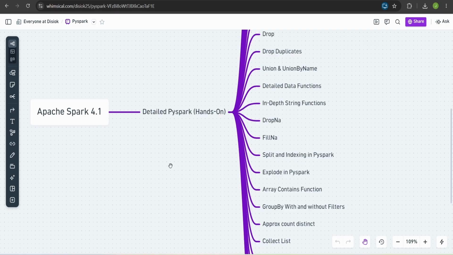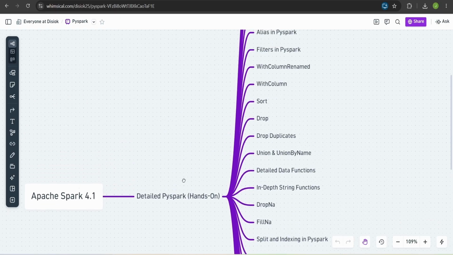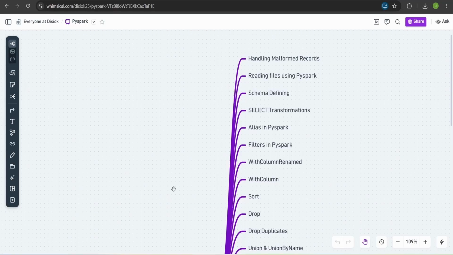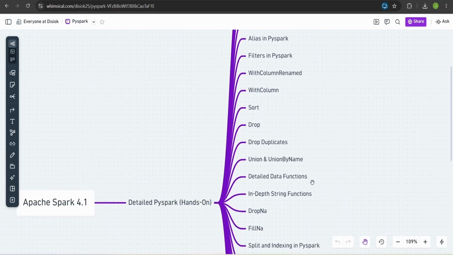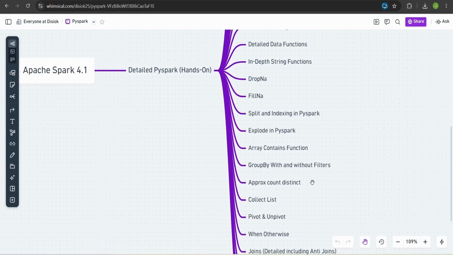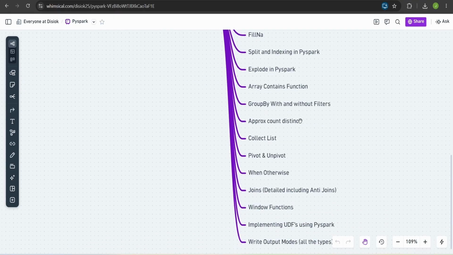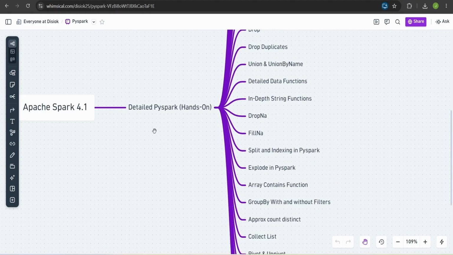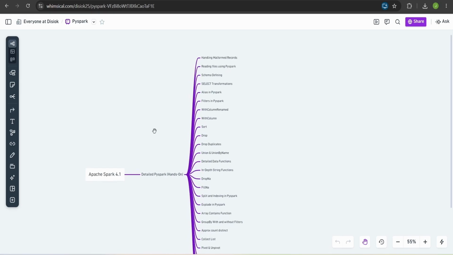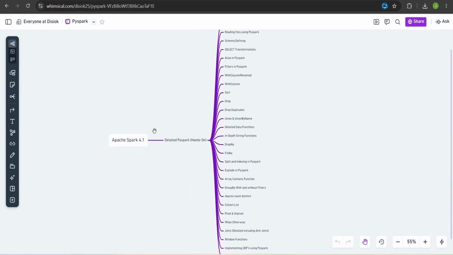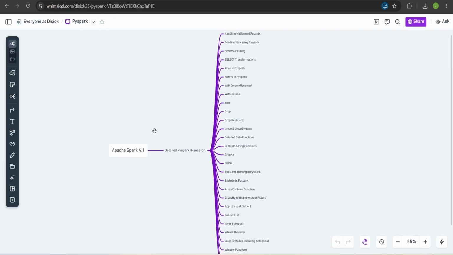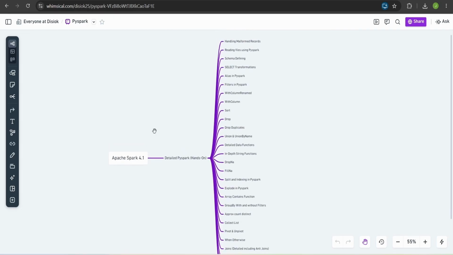In this complete masterclass, we will be covering all the most important transformations, like handling malformed records, select, withColumn, drop, string functions, explode, and whatnot. You can see on your screen the topics which we will be covering. So this will be the detailed PySpark tutorial, and after completing it you will be able to work with